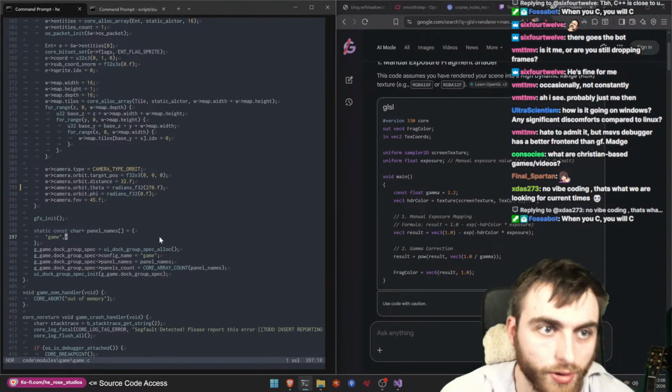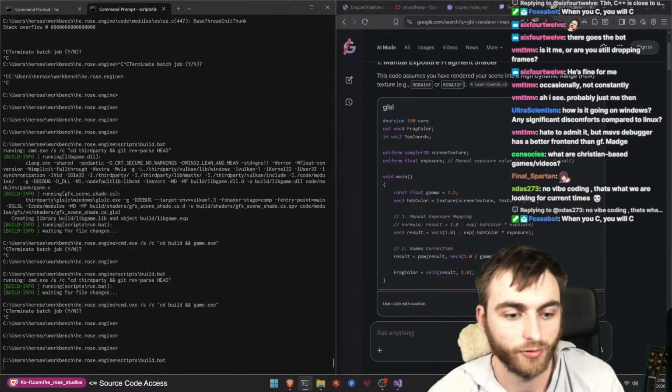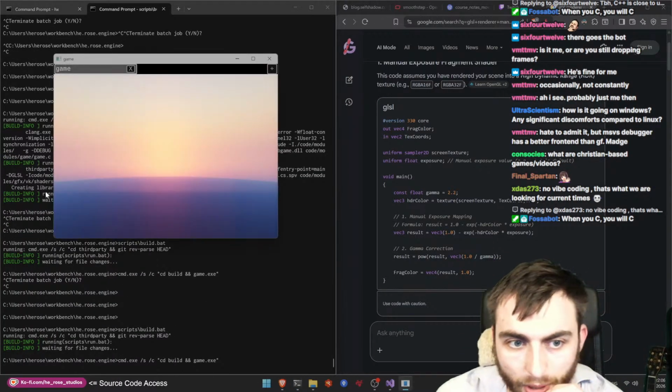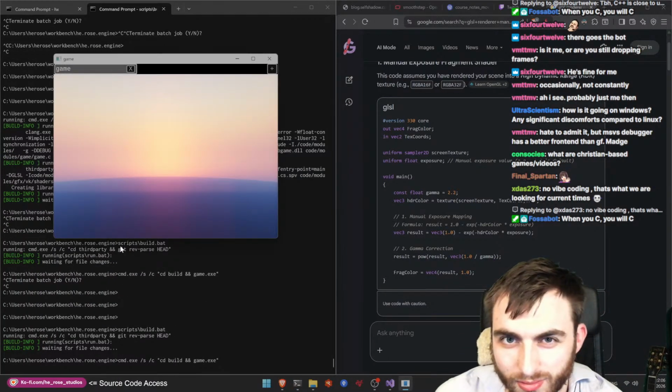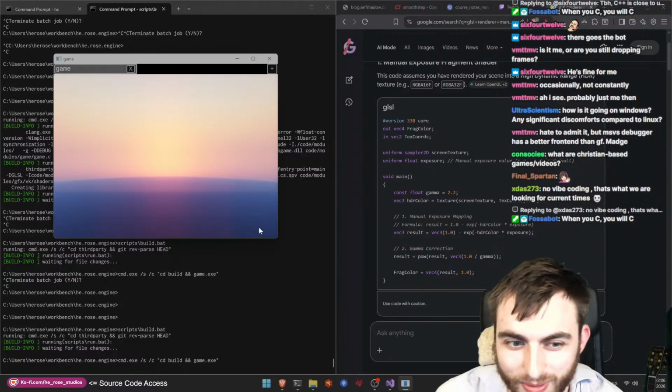Because what we want to do, right, is that histogram based approach. We probably want to have a way to see the histograms, right? So we want to make some debug views. So we'll have like the bins which pop up down here or something like that. We want to see how many pixels fall into that bin, and then we want to